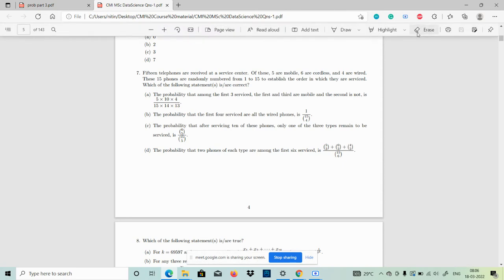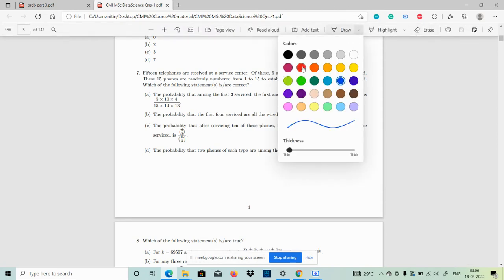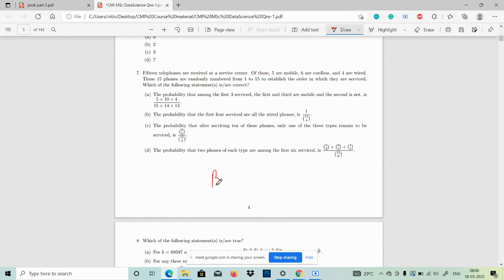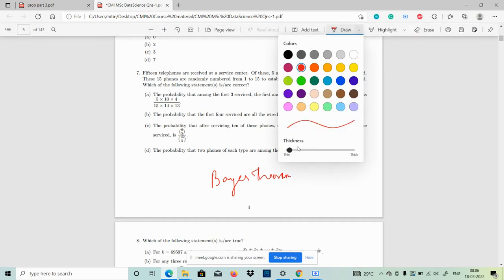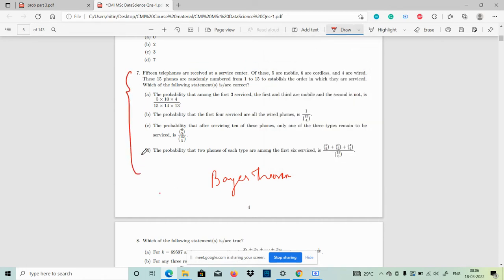So right now we have discussed a lot of things related to probability. I think if you are from a stats or math background, you must already know this type of thing, especially Bayes theorem and other things like conditional probability and total probability. So now you can start solving a lot of questions, and these particular questions you can solve. And there is some requirement of permutation and combination, sometimes set theory, and later we